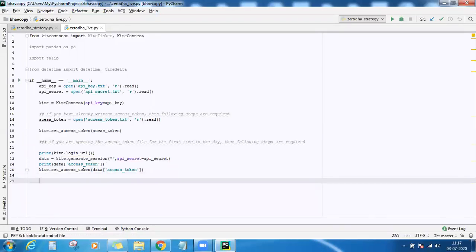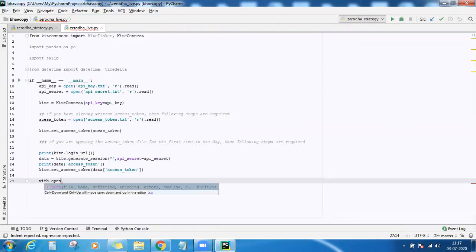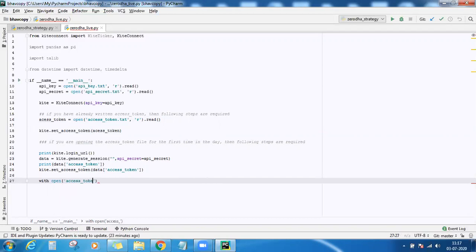Now, as I told you, you have to write it to a file. So using the file operations, we'll be writing it to the access token text file. This time I want to open it in write mode because I want the contents to be erased every time I open it, because I want to write a new access token to that.